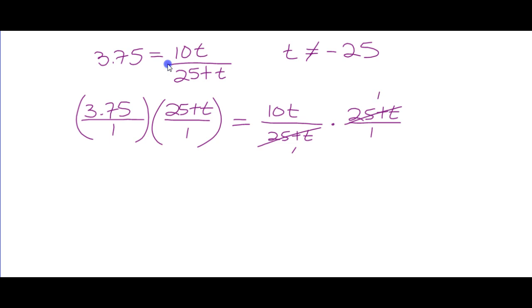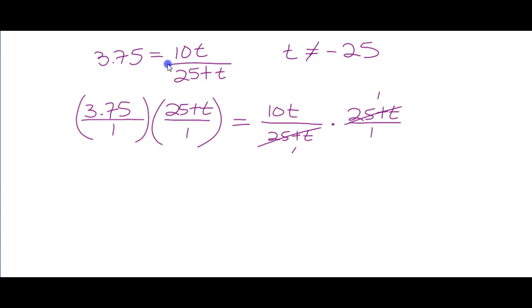So what we want in the end is 1, 1, 1, 1. I want all of the denominators to be 1. So now we'll just have a linear equation, an equation with numbers and t in it, and we can solve for t. So we now multiply